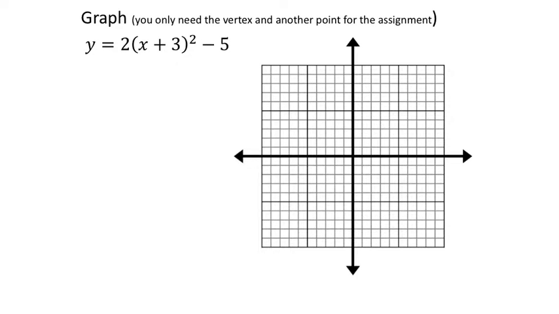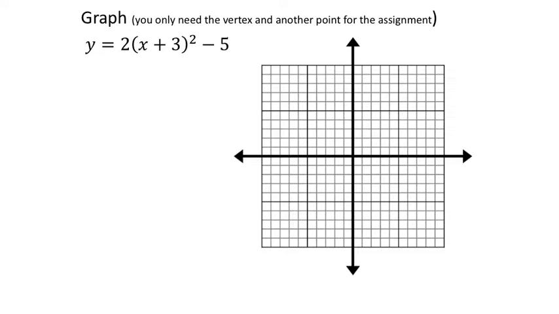Now on this graph, which we're graphing now, we do need the vertex. In fact, on the assignment, you're going to need only 2 points to graph. You're going to need a vertex, and then any other point will do. How you find that point is completely up to you, but you get to decide, okay? So for this one, I'm going to limit the number of methods that I show for finding